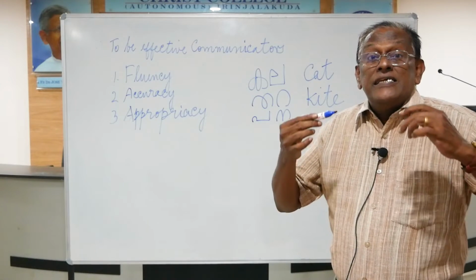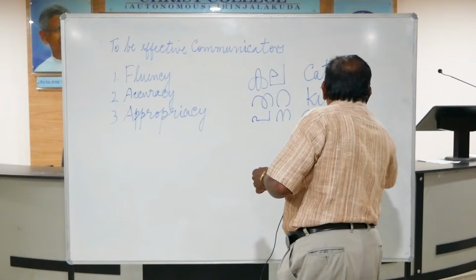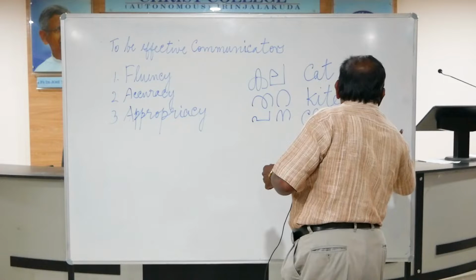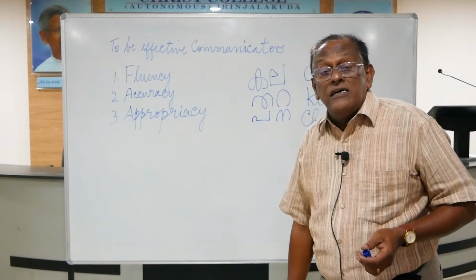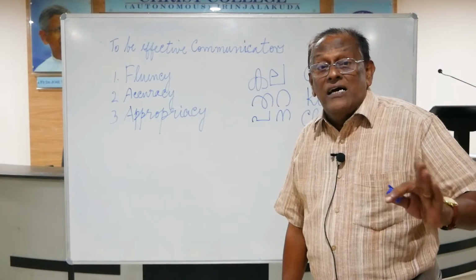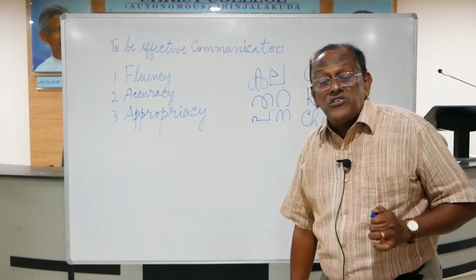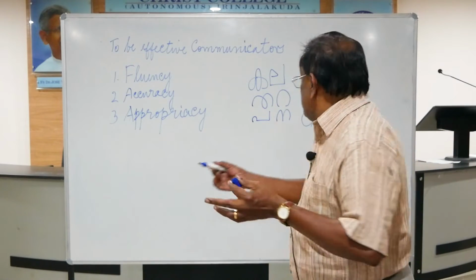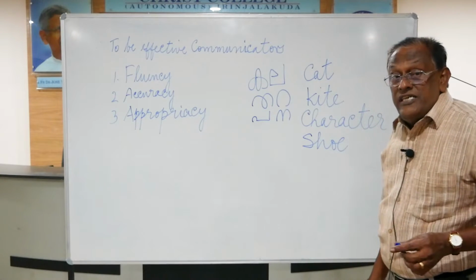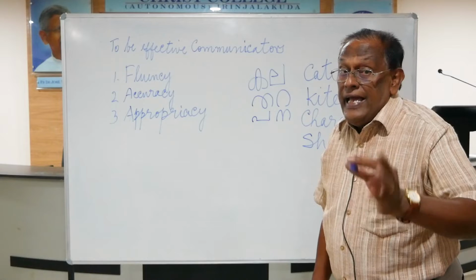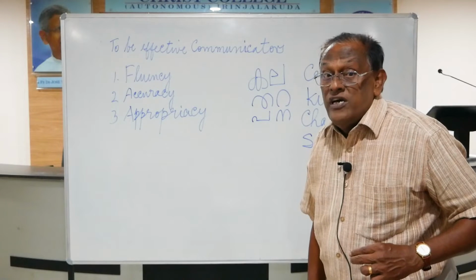Now my surprise increased as she wrote the word C-H-A-R-A-C-T-E-R, and she said, this word is character. Here the first sound is k again, but it is represented by the letters C-H. My surprise increased when she wrote S-H-O-E, shoe, and she said it is shoe. And I thought S-H stands for sh sound.